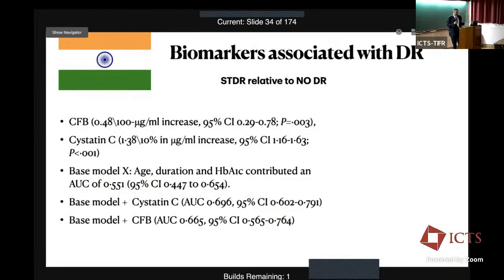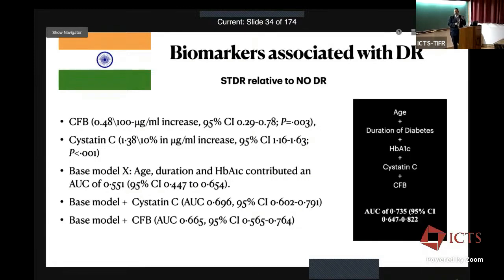There were certain things which were common to both the UK and India, and cystatin C seems to be one of the biomarkers. Recently, Dr. Mohan and group and Giridhar Eye Institute again validated it, and they also found the same results. So if you combine the age, the duration of diabetes, the HbA1c, and cystatin C, you can reasonably well detect sight-threatening